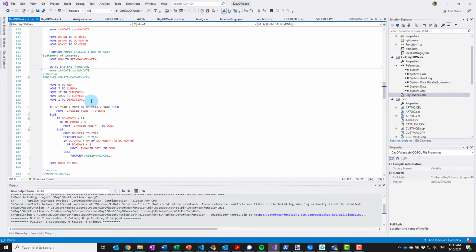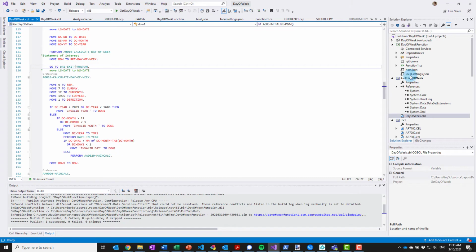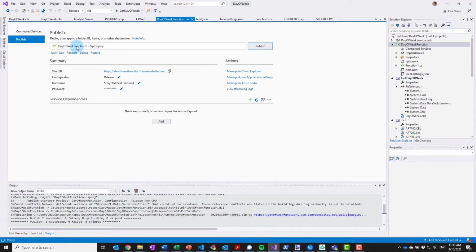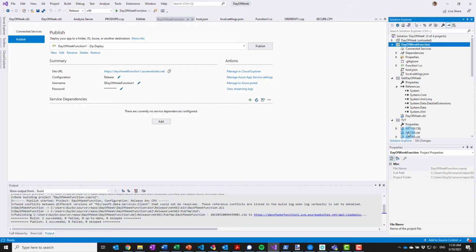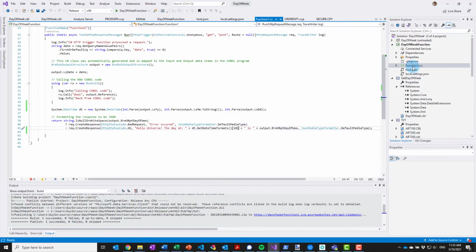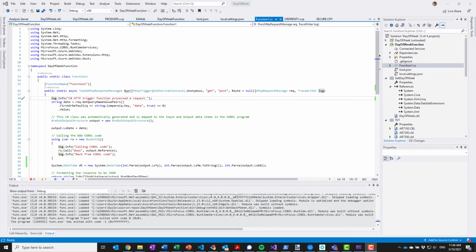Now we could use this .NET COBOL project in many ways. In this case, we decided to use it by calling it from an Azure function project, which is creating a serverless function that can run on Azure. So here's the project and some simple code that all it does is actually call the COBOL code we just saw.